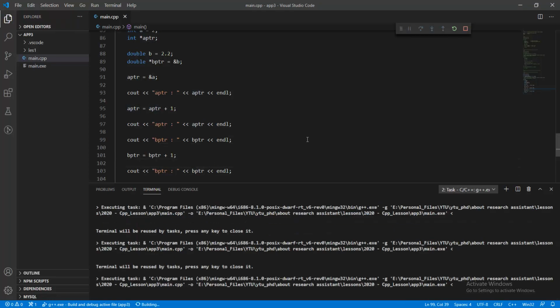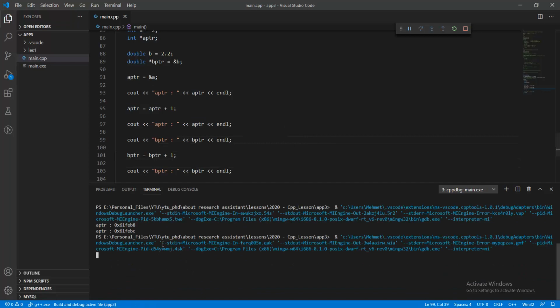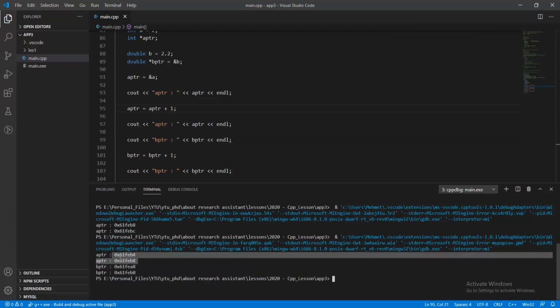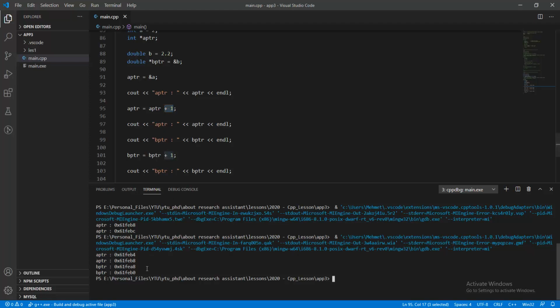When we run the program, for the integer values there is a 4 byte difference for increasing by 1, but for the double type we have the address FEA8, and when we increase the pointer by 1 we add 8 bytes for the double pointer, which proves that